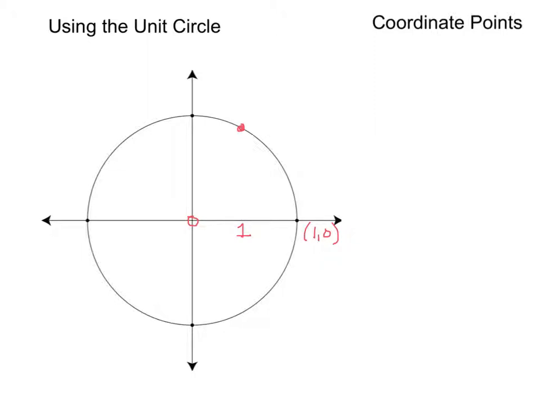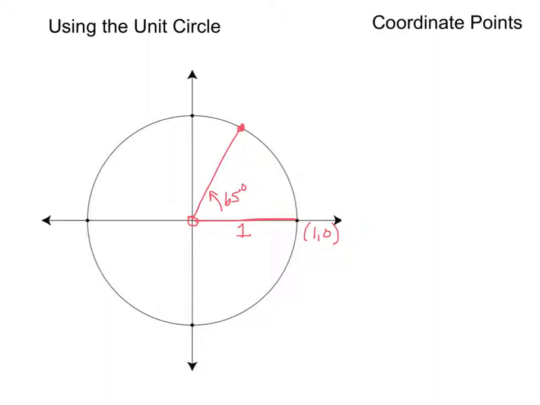Okay, when you're using the unit circle, you're always going to start, at least when we're talking about angles, on this positive x axis. So every angle we get, we're going to measure from there. So if I have that angle right there, we usually call it theta. Theta is just an unknown variable, and we usually use that for angles. So if I have that angle right there to be, say, 65 degrees,